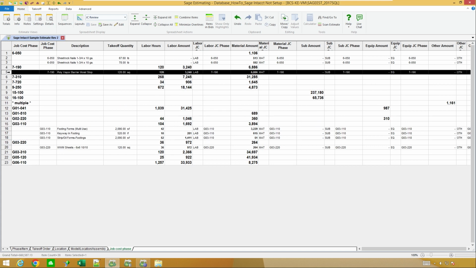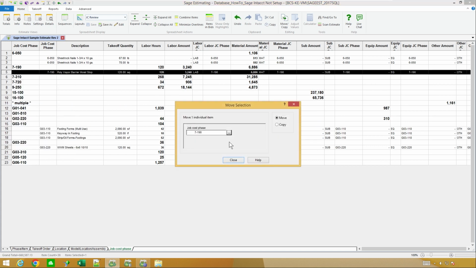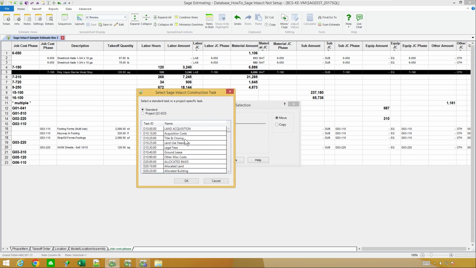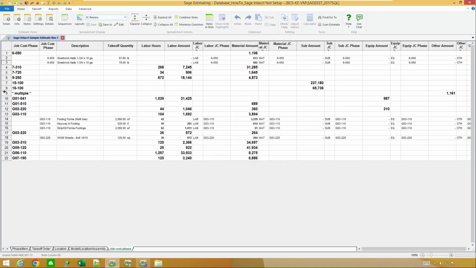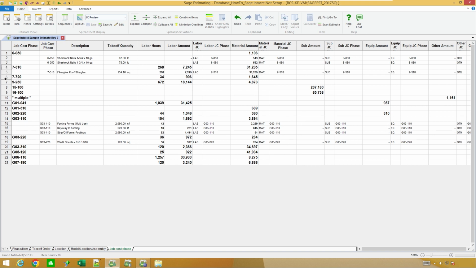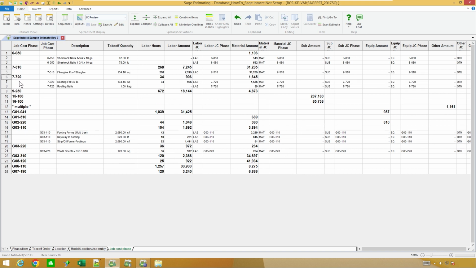And let's say we got some insulation. And what do we got there?